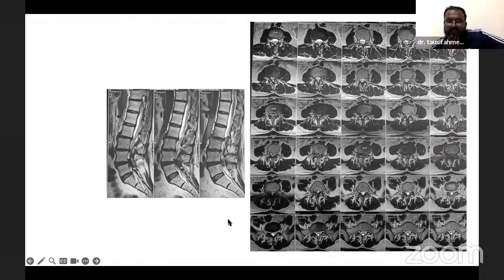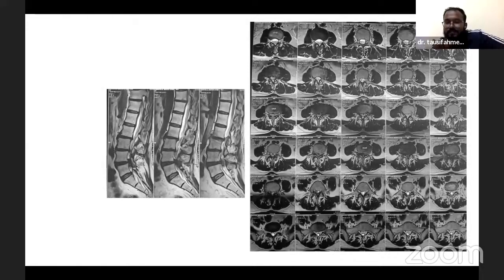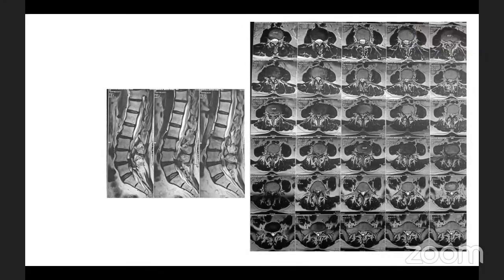Dr. Mustafa is also here. Can you come in, Dr. Mustafa, and tell us what extra you can see on the MRI? If you look at the axials, we can see the L2, L3 facet. There is some facet arthropathy at L2-3. Because you can see a lot of fluid in the facet. The L2, L3 facet has a lot of fluid compared to the other facets.